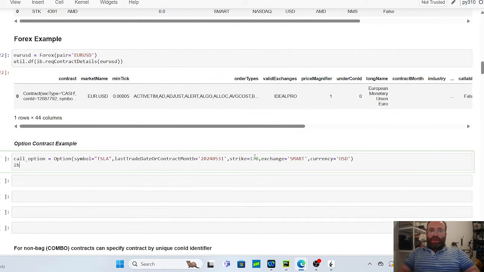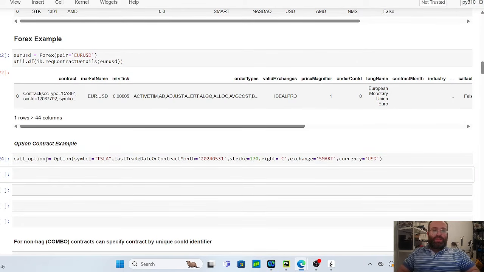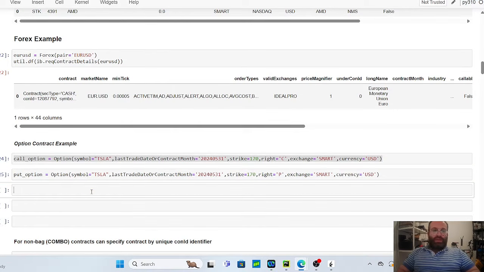So then I can do IB dot. Oh, I didn't do if it's a call or put. So I can do right equals call. So now I can do ib.qualifyContracts to get the contract ID and that sort of thing. I'll show you the qualified contracts in a second. I want to make a point about it. So this is the call option. For the put option, we can do the same thing except with right equals P. So put option. Okay. Now you can do ib.qualifyContracts, call option, put option,